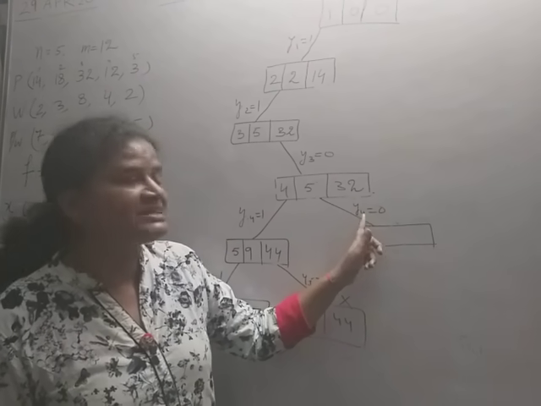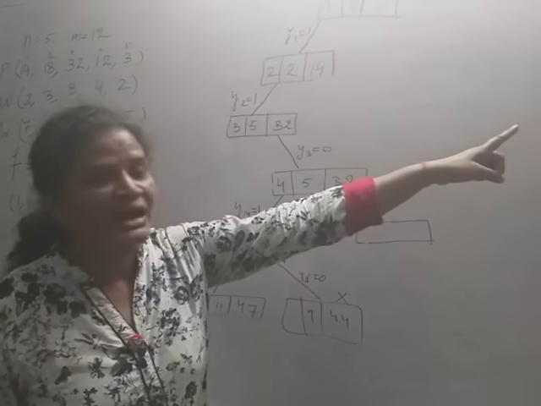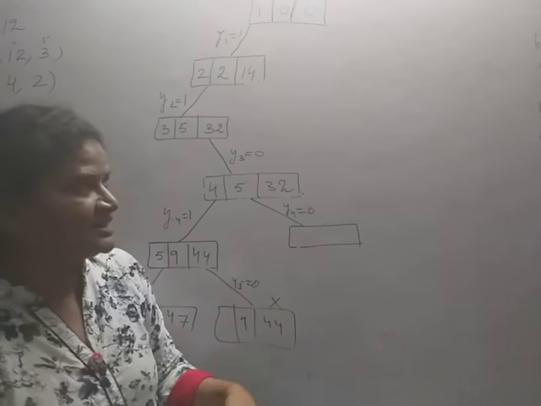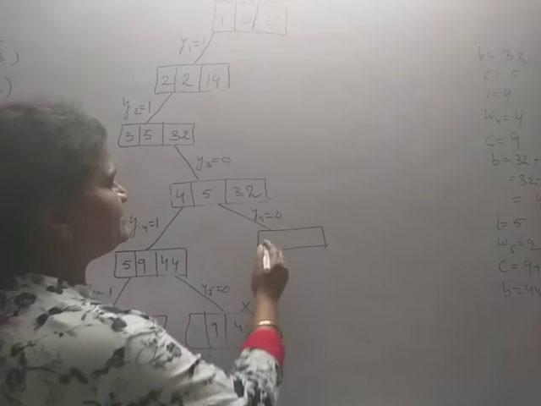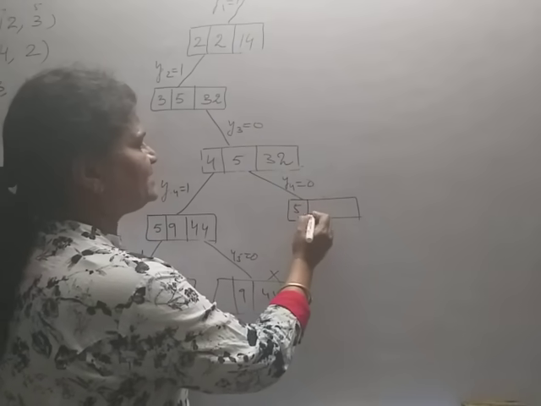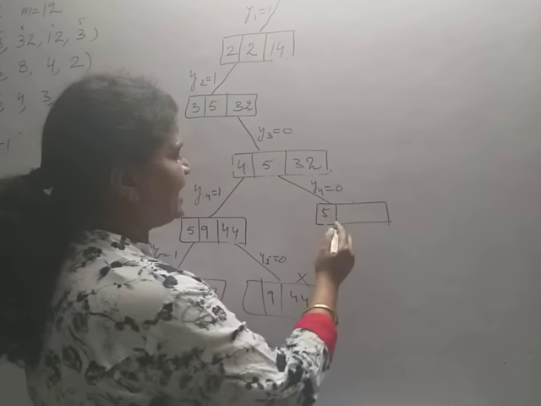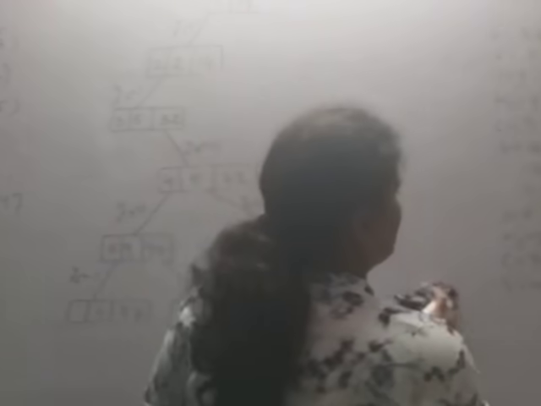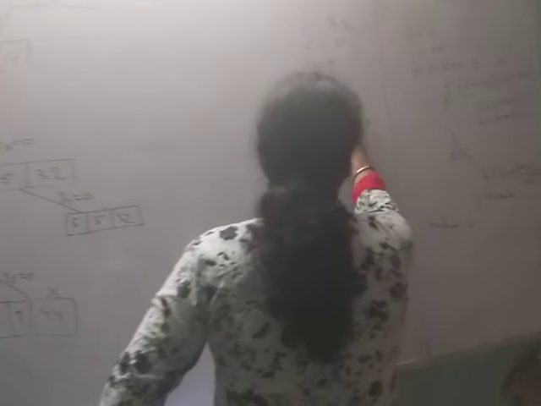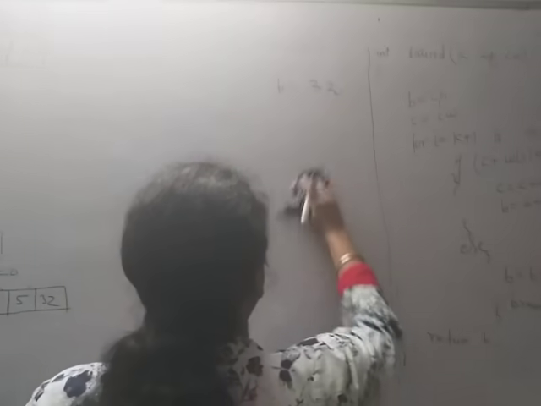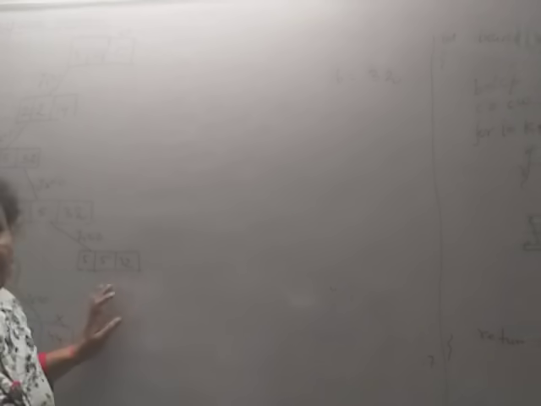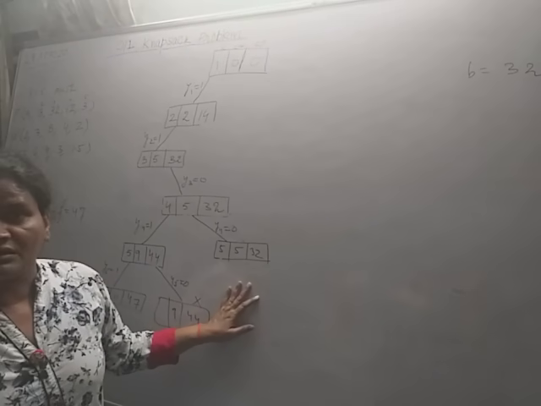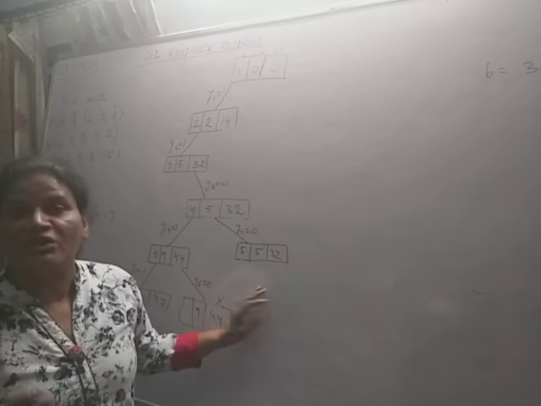Here the value of k is 4, then we apply again the bounding function. Now we apply here the bounding function for this case, here the fifth weight, and simply this is 5, this is 32. So again, every time we use the bounding function to check whether it is feasible to move to the right branch or not. What is the meaning of feasibility?